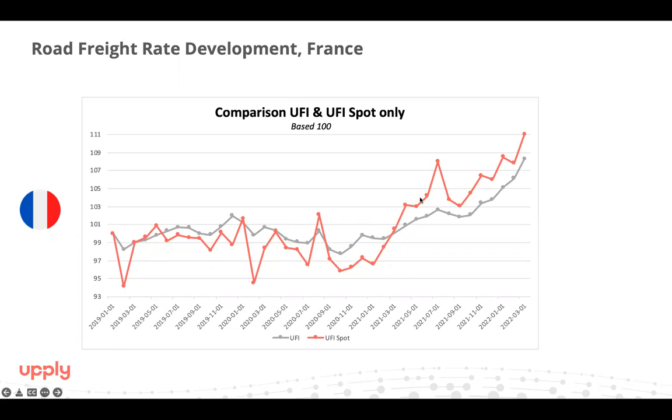the spot prices keep increasing compared to the contractual ones, meaning that the spot prices right now are strictly higher and always higher than the contractual ones, and it shows clearly, from my point of view, that the balance between the offer and the demand is not there. We have strong demand from the shipper side in France and in Europe, and we have a weak offer. Weak in the sense of the number of drivers that are here, the number of offers that a shipper gets for one demand is quite low right now on the market,